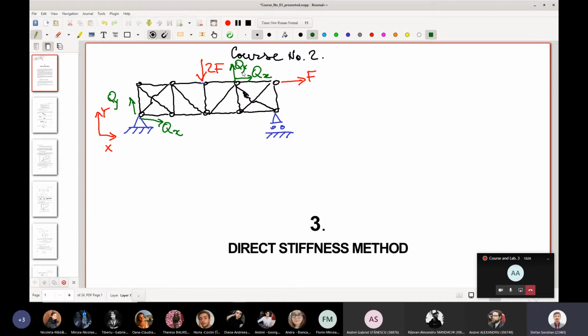Because we work on the computer, we must put an identification number for each node. Let's say this is an arbitrary process. This is node number 1, this is node number 2, this is node number 3, this is node number 4, and so on, 5, 6, 7, 8, 9, and let's say 10. So we have 10 nodes. So here will be Qx for node 1, Qy for node 1. This one here will be Qx if we keep the same rule for node 8, Q9 for node 9. And similarly in every